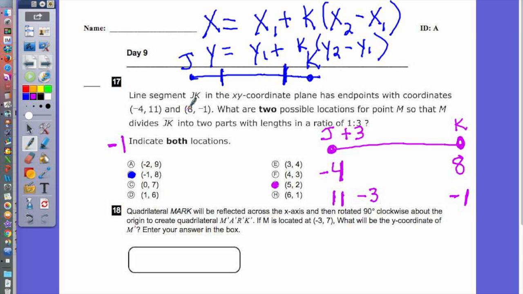This is if you started here. So here, think about it this way. If you started at 8 and you went to -4, you moved 3 spaces, right? But you moved 3 spaces backwards. Okay? Guys, if I stand at this wall,